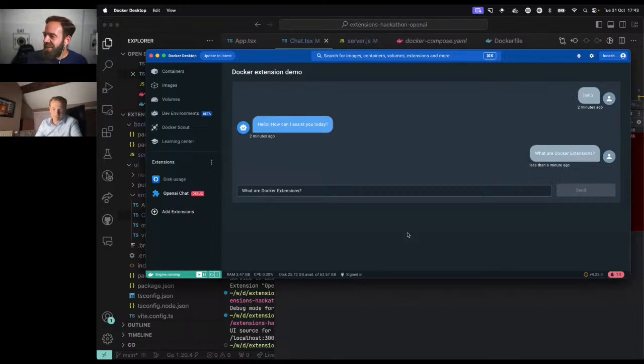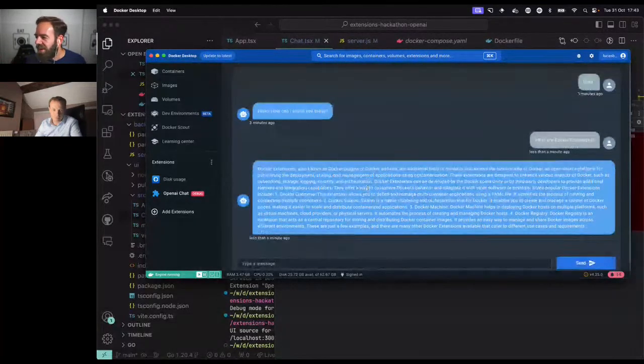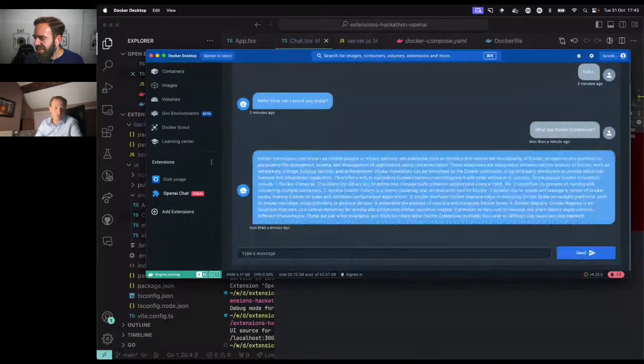So yeah, I think we've covered what we wanted to highlight, like how to create an extension from scratch, how to use the Docker Desktop client that we have in TypeScript. Oh, there we go. Well, yeah. Long description about extensions. Also no Docker plugins or Docker add-ons. Well, that's not correct, but we can pass it as an okay answer.